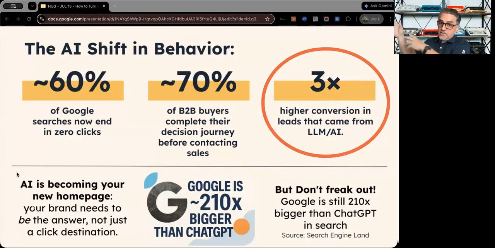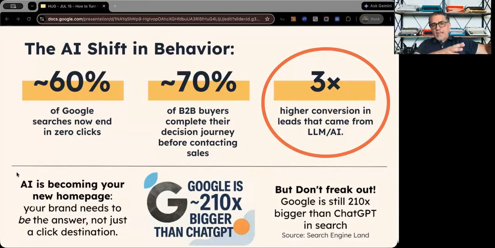Google traffic is continuing to grow, it is not going anywhere. And you might see Google traffic slowing down on your website specifically, but overall, there's a lot of searches. There's still a huge amount of searches on Google. Google is shifting to becoming a full-on AI model with AI Overviews, AI Mode, and Gemini, but also Google's still 210 times bigger than ChatGPT in search.